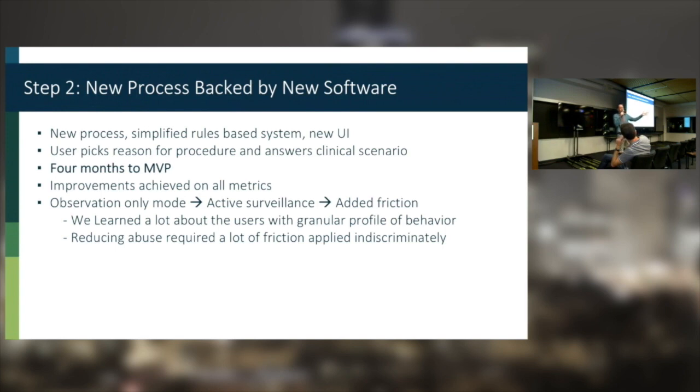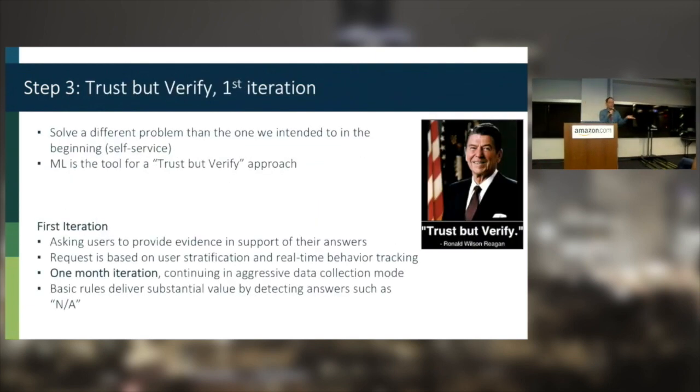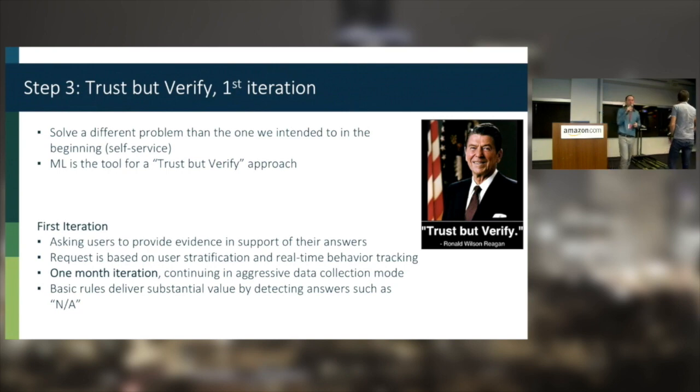And that is annoying to people, of course. And second, it was effective, you will see in a second, but this is not sustainable. So we need to find a way to apply friction in a much smarter way. And this is slowly becoming a problem that we can actually solve with technology. So the new paradigm we came with is trust but verify. And Daniel will take it from here and will explain how we started executing on that problem.